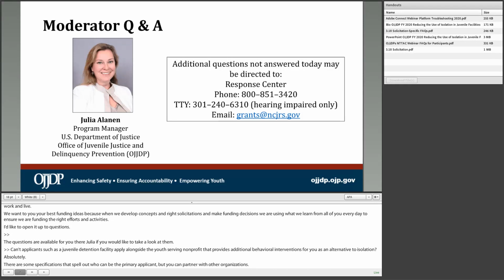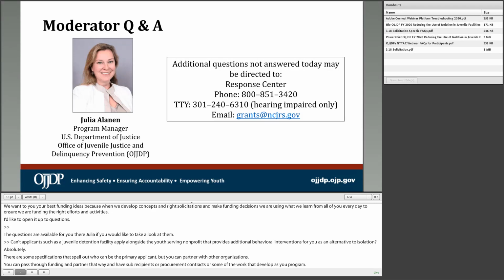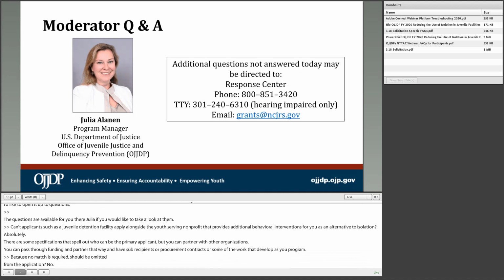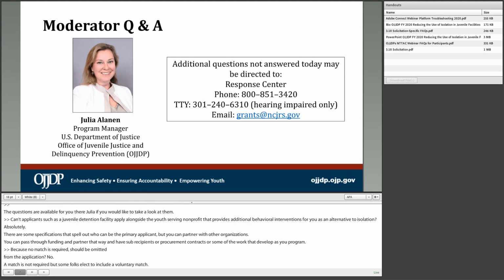So I see a question: can applicants, such as a juvenile detention facility, apply alongside a youth-serving nonprofit, such as a Boys and Girls Club, that provides additional behavioral interventions for youth as an alternative to isolation? Absolutely. There are some specifications in the solicitation that spell out who can be the primary applicant, but you can absolutely partner with other organizations. You can pass through funding. You can absolutely partner that way and have subrecipients or even procurement contracts for some of the work that you